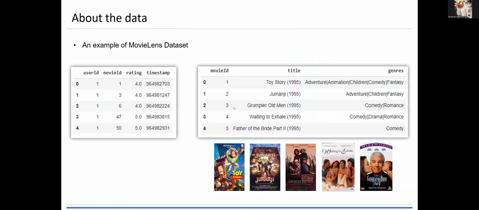So this is an example of a data set. We learned a little bit about the data for the recommender system. This is an example from the MovieLens dataset. So we have the user ID, we have the movie ID, we have a rating, and we have the timestamp. And for every ID, there might be some additional information. For example, movie ID 1,